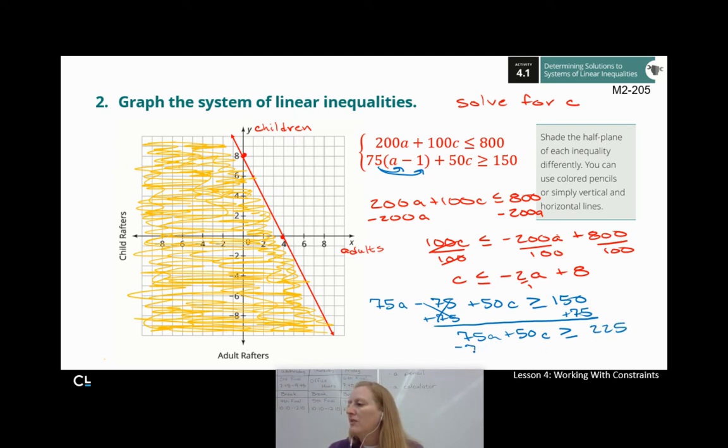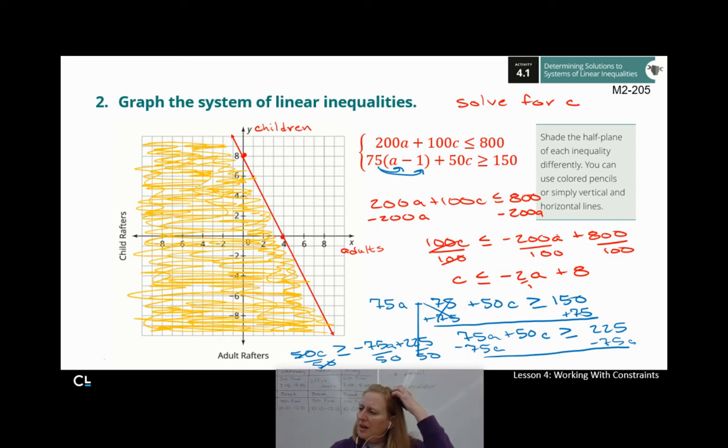And we'll subtract 75A on both sides. I'm running out of space. It's okay, I'm going to write it over here. So I have 50C is greater than or equal to negative 75A plus 225. And we'll divide everybody by 50. I'm going to simplify it, but I'm going to leave it as a fraction. I'm going to divide both of these by 25, right? So that means I have C is greater than or equal to negative 3/2 A